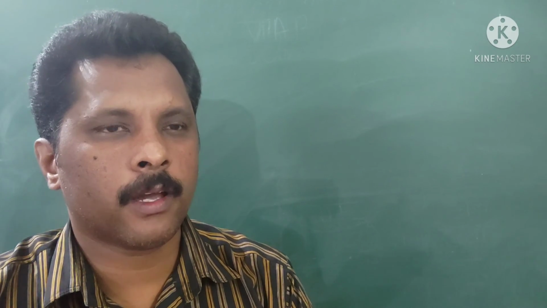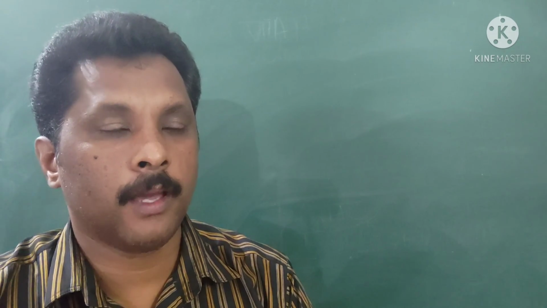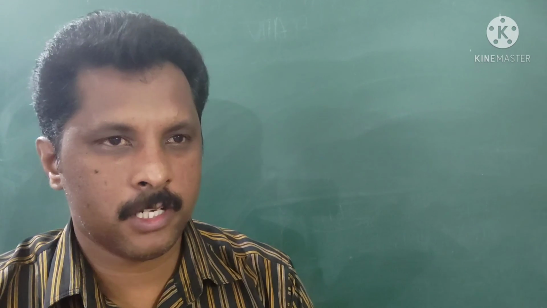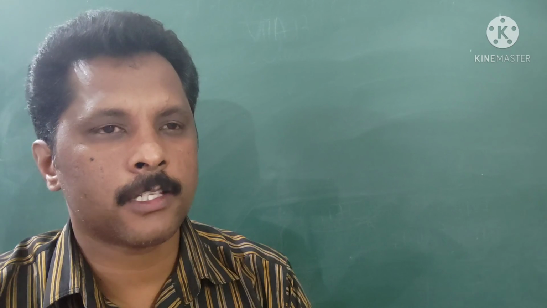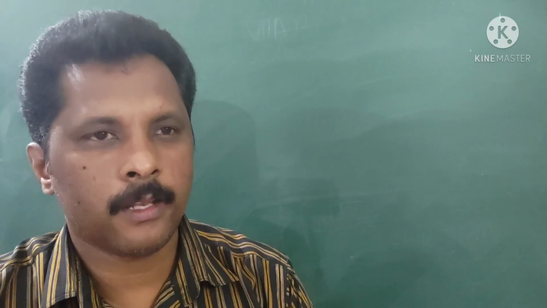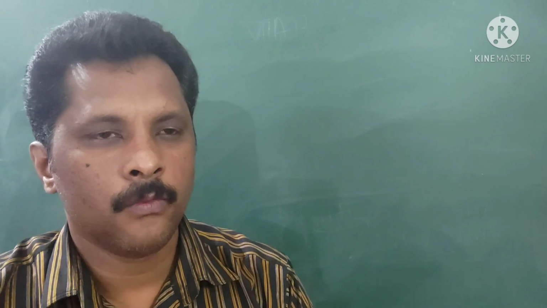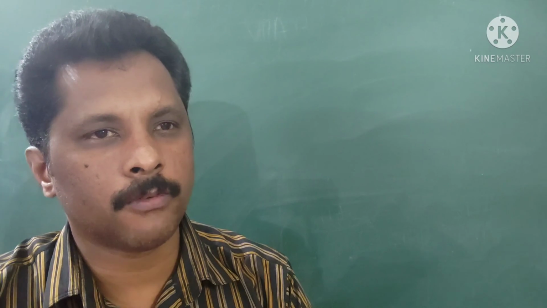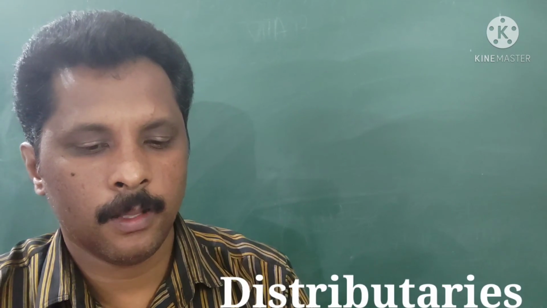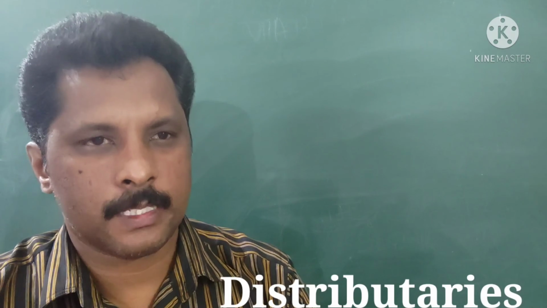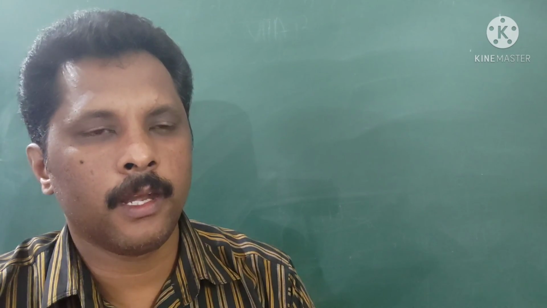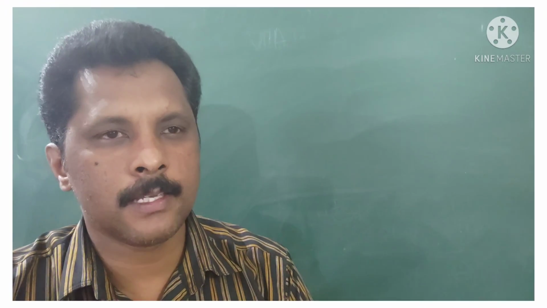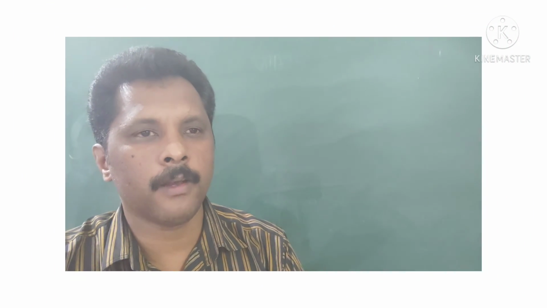The river will be divided into a large number of channels, and these channels found near the mouth of the river are called distributaries. The best example of a delta formed in India by the river Ganges is called the Sundarban Delta. It is in West Bengal.